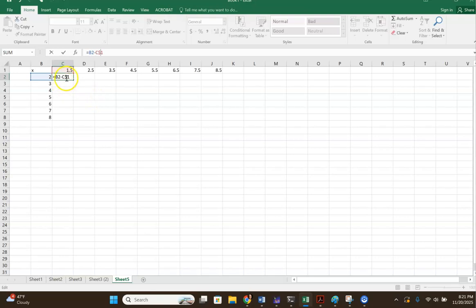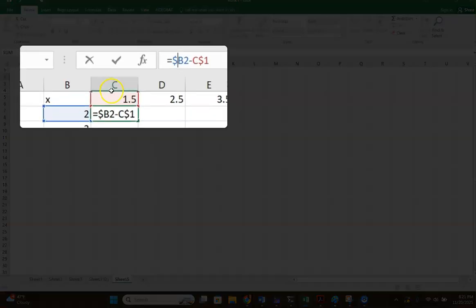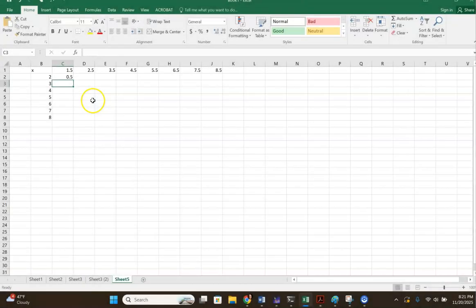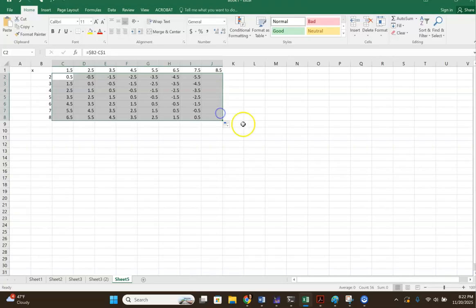Similarly, if I were to take this formula and drag it down across the rows, I would want to go from cell B2 to B3 to B4, etc. I would want the value in B to stay the same, but the number to change. So in order to indicate that I want the B to stay the same, I can add that anchor. Now when I hit enter, nothing has changed in this cell. It has still computed 2 minus 1.5, but I can now drag this formula both down and across, and Excel